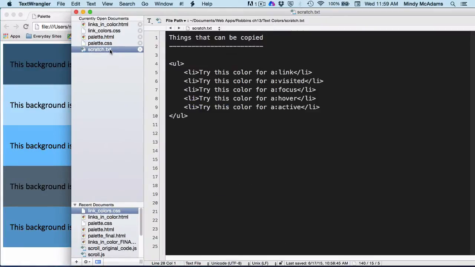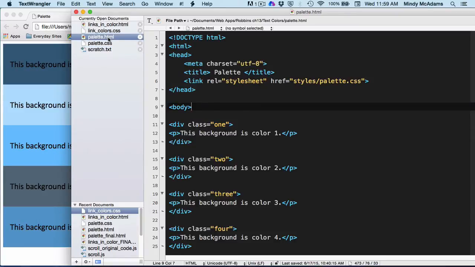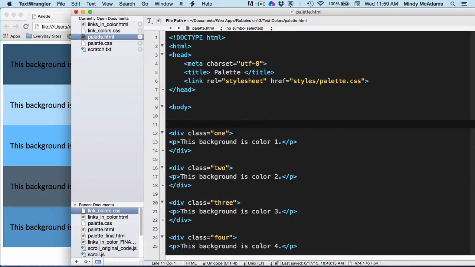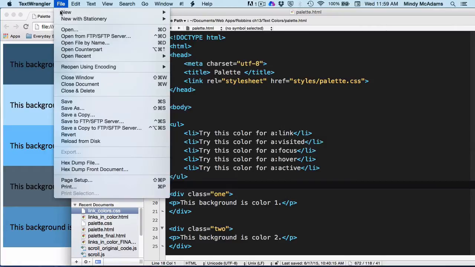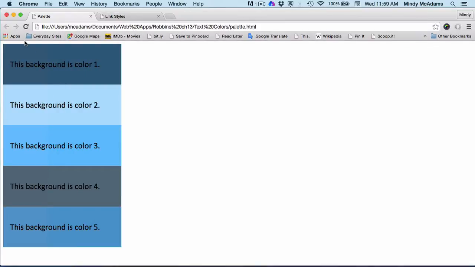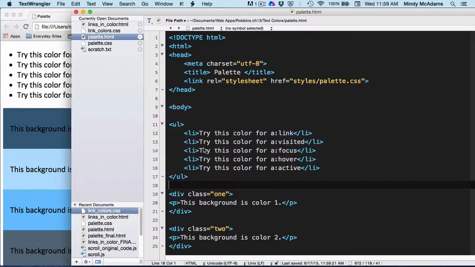And let me just grab a little list that I've got in another file, and I will copy that and paste it at the top of our HTML file. And right now it's just a list with the default text color. So I will save, go over here and reload. So right now, no pseudo classes, no styles, no colors have been applied to this at all. What if we want to test the 5 colors we've already chosen and see how they look against a white background? So an easy way to go about this is to go into our CSS